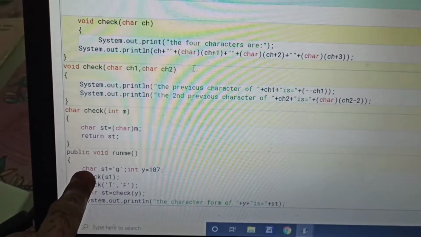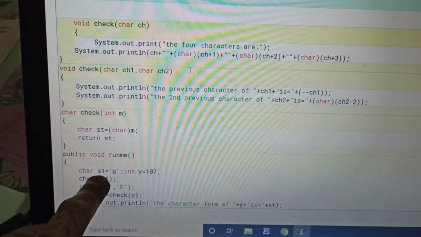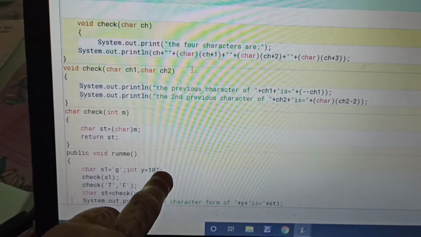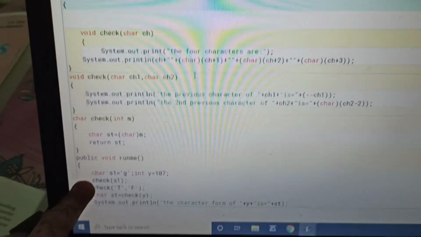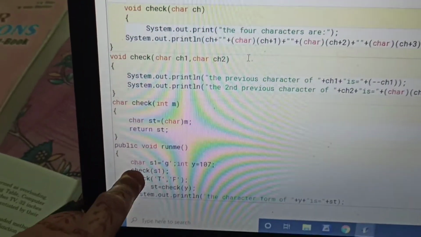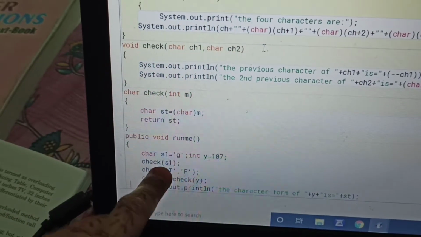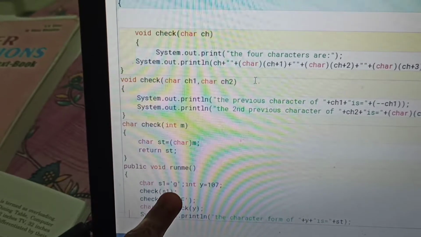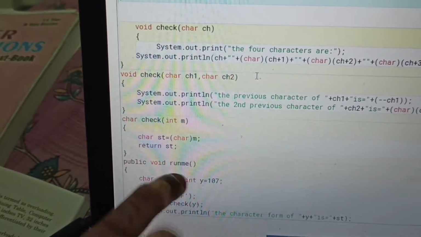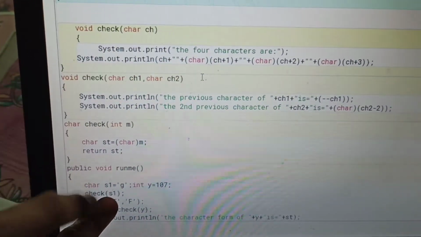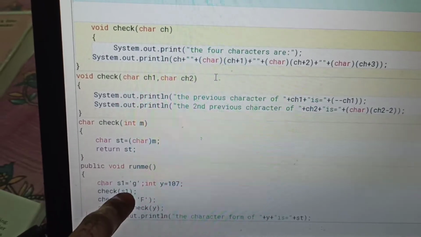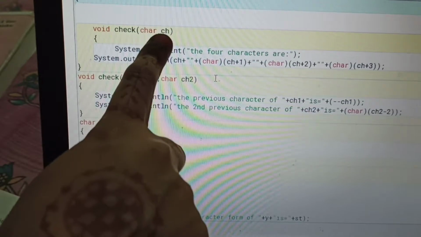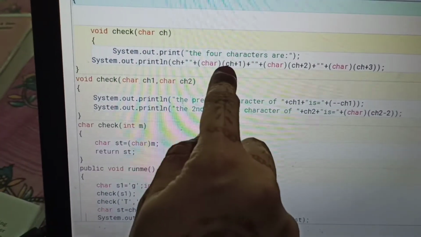In this method, char s1 equals g and int y equals 107, and here the method is called with check s1. Whatever value is stored in s1 is going to be passed and stored in the ch value, so that it is increased.